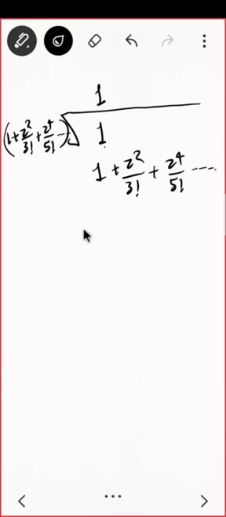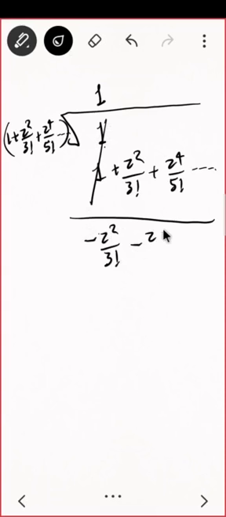If you subtract this, what will you have? This is cancelled, so this will be minus. I'll write here minus z square upon 3 factorial minus z raised to 4 upon 5 factorial and so on. Other terms will be minus. Do you see? Now what should I multiply to make it z square by 3 factorial? It is 1, so I'll multiply by minus z square upon 3 factorial.